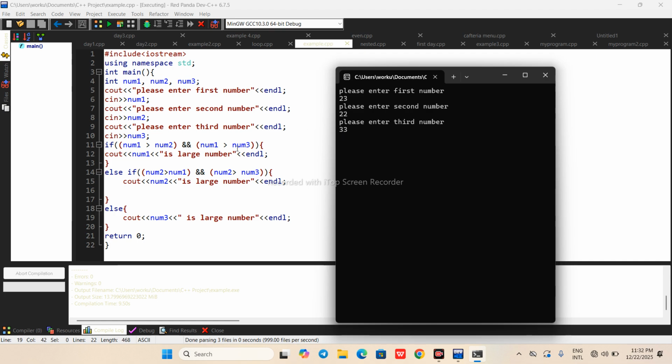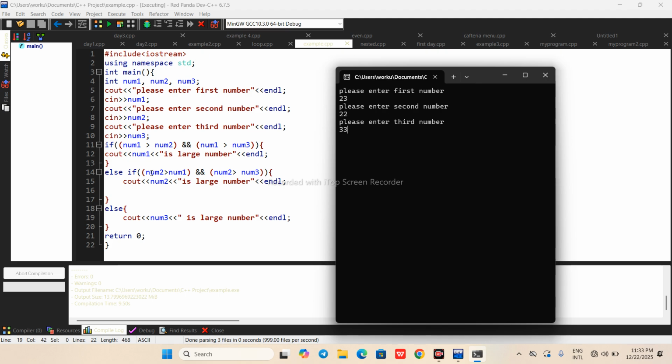That means the first condition is num1. Num1 is 23, so 23 is greater than 22. This is valid, true. And also is 23 greater than 33? This is false. In terms of logical AND, both should be evaluated true. So this is not true.